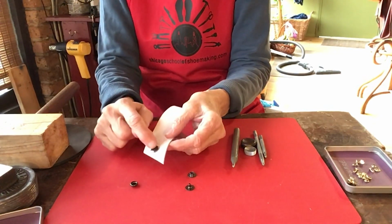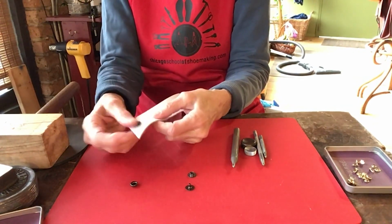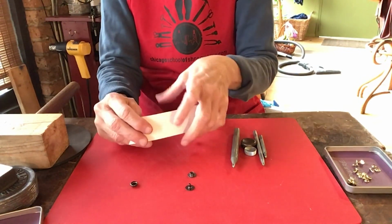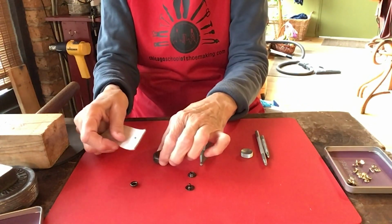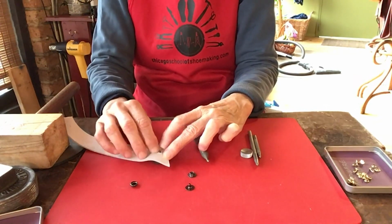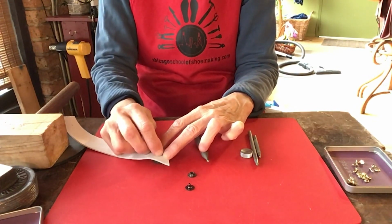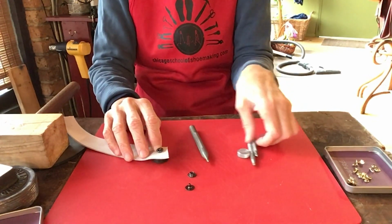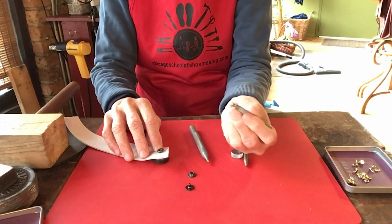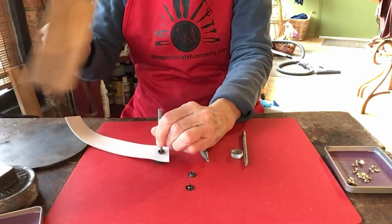So we're going to put the button or the cap through the top of the leather where it's going to snap, and we're going to pull against that to unsnap our piece. So that's the first thing you're going to do. Then it's going to sit upside down on your slightly concave anvil. All right, so we're going to put that there, and then we're going to put the little socket on the top of that. Now I'm going to take my small snap setter and put it right in the bead of the end of it into this little tube that you can see presented on the snap, and start hitting this